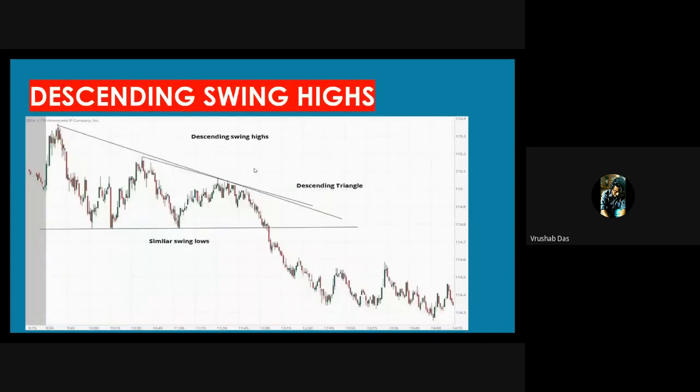And when we talk about descending triangles, the resistance levels are decreasing, and the highs of the pattern are getting lower. You can see the first point here, the next point is lower than the first point's high, and after that the third point's high is lower than the second point's high. This shows a descending triangle where you can see the bears are stronger here, and the price getting lower will increase in this.